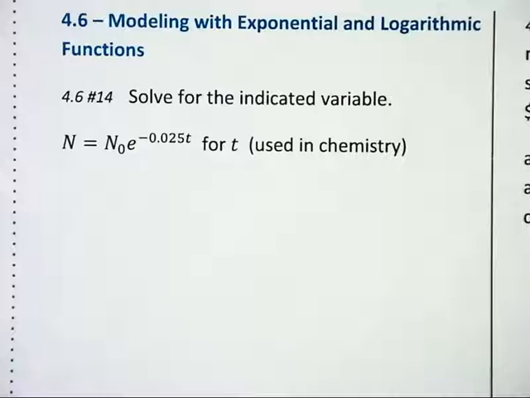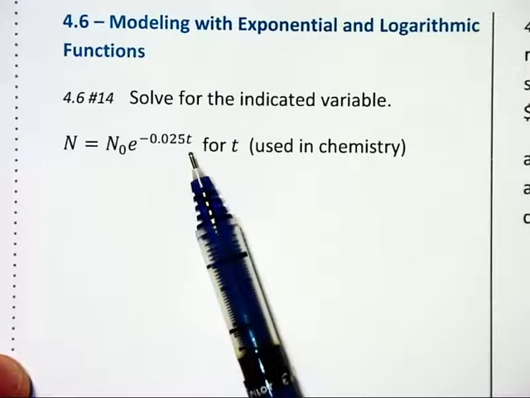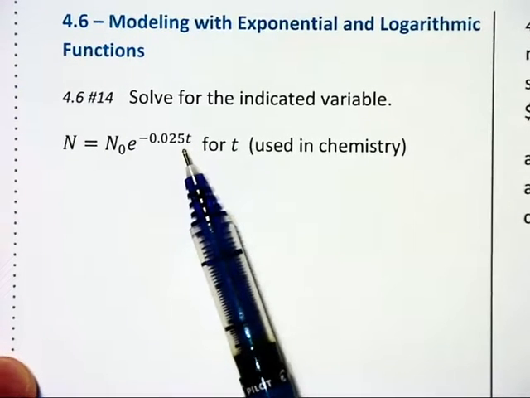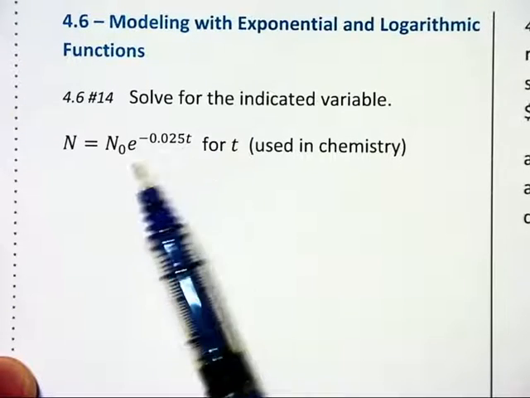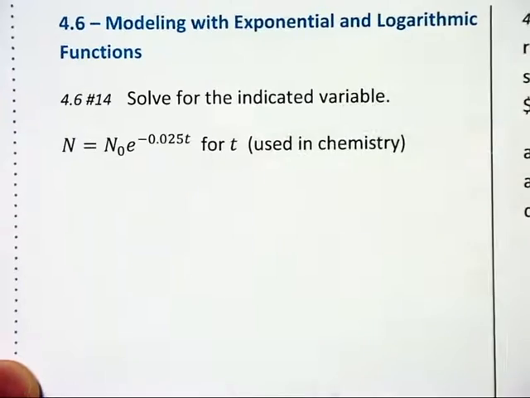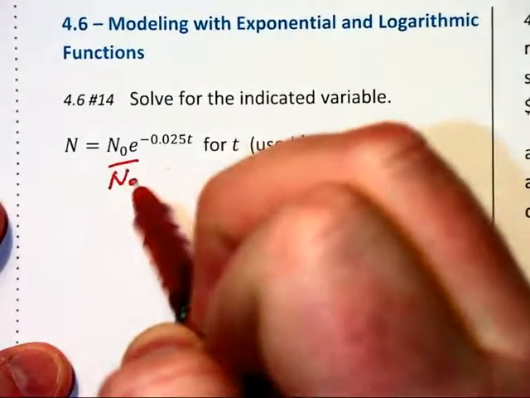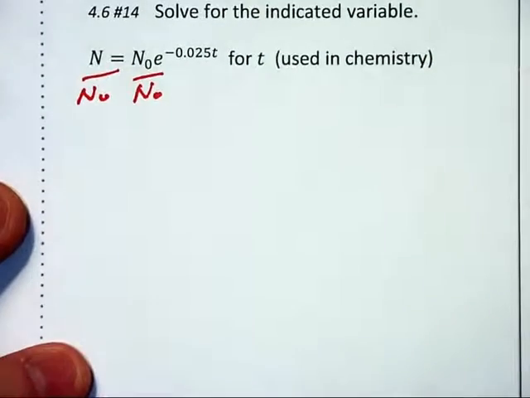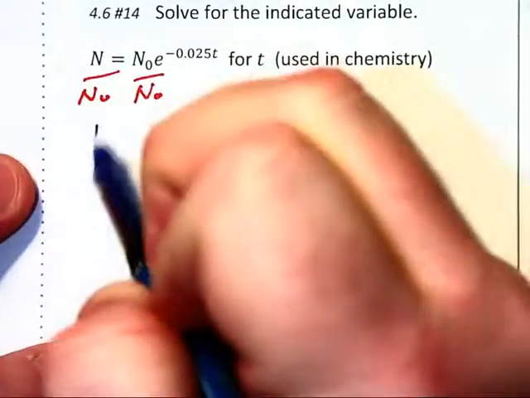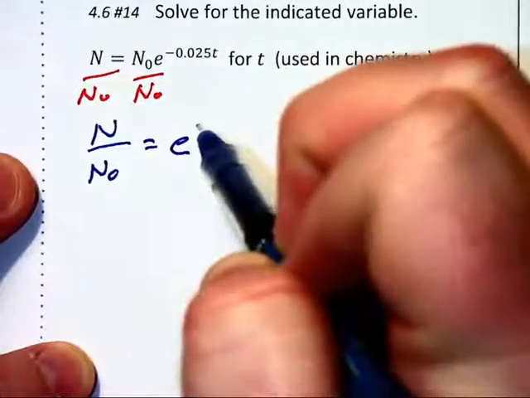Okay, now we move into a few application problems. This first problem, however, is just a literal equation in which they ask us to solve for t. Notice that t is trapped up in the exponent position. So first thing we want to do is isolate this exponential term, and that means dividing by this n sub 0 on each side. This is going to give us, on the left side, n over n sub 0 is equal to e to the negative